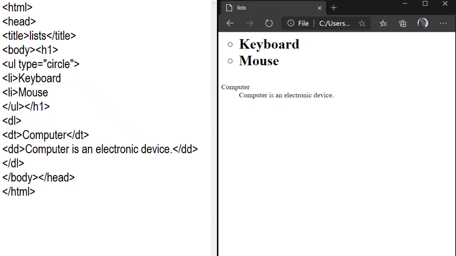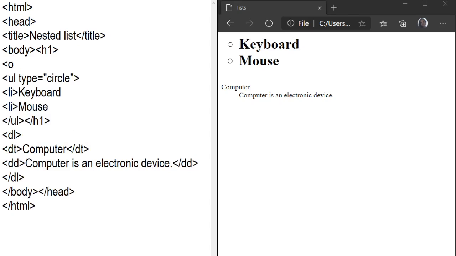After that number two is our output devices, and in output devices we again write down 2 points, monitor and printer, and these 2 points we write down, for example, in ul tag. So start creating this nested list. Change the title here, and now my title is nested list. First we can start the ol tag. Ol means ordered list. Why? Because in ol tag we add the ul tag. This is called a nested list.